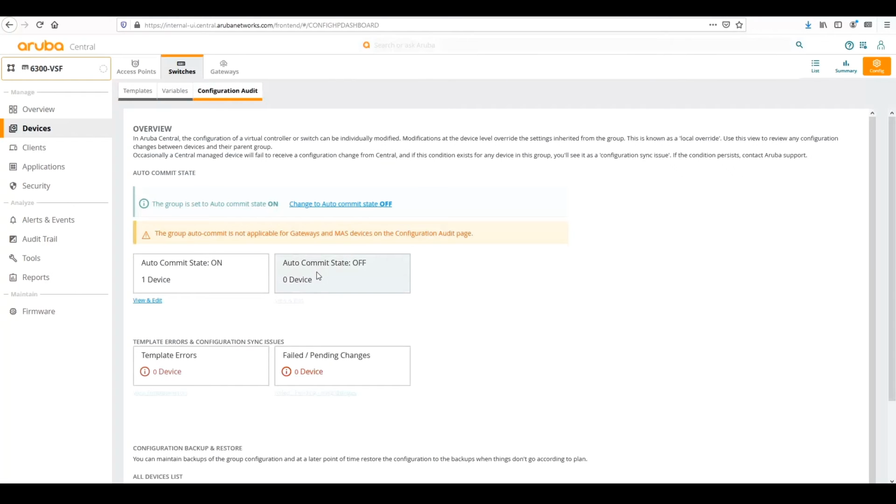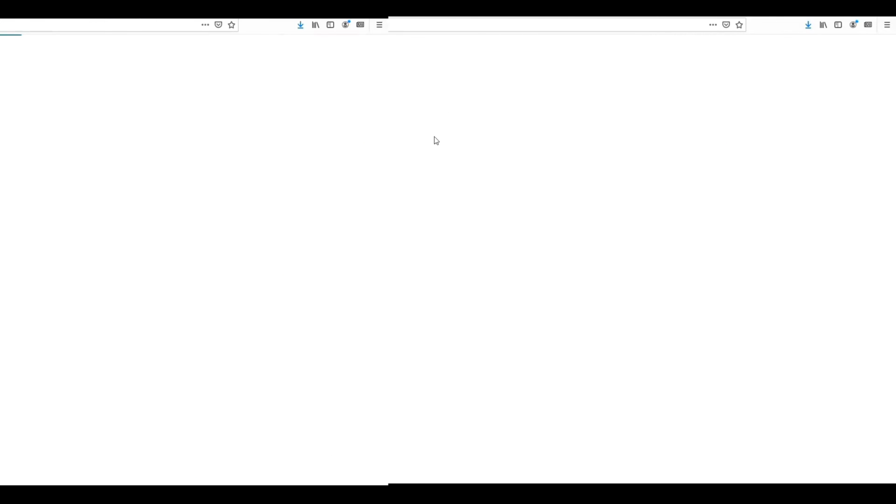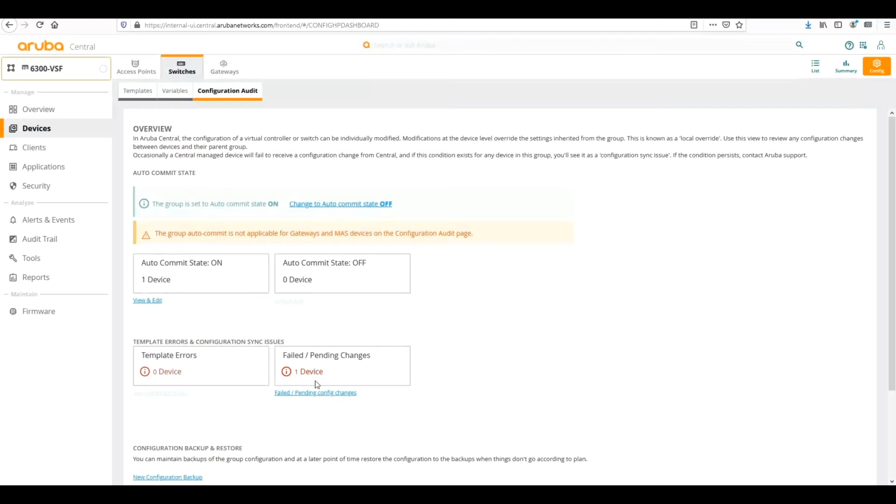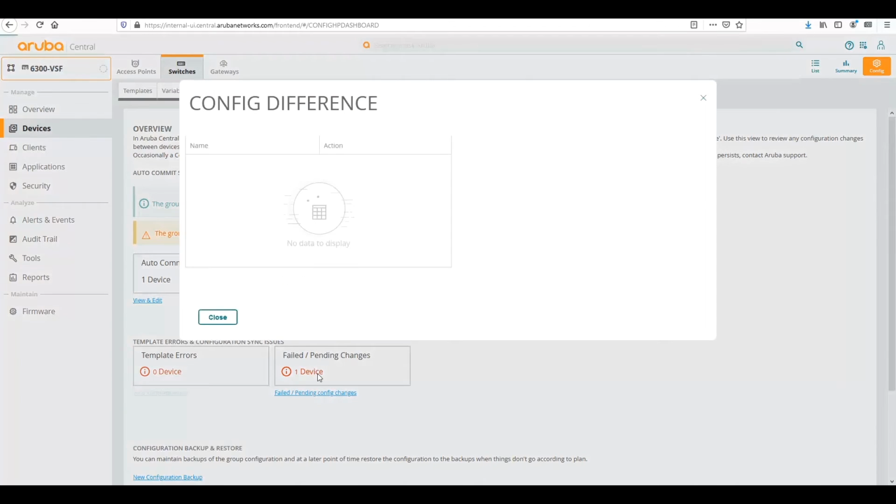And when I do that, the system is going to push that template, and it's going to either list errors here or list failed or pending changes here. So what I can do is I can refresh the screen, and then it'll show any failed or pending errors on the device. So it shows here we have a failed or pending change, so then I can click on the link and